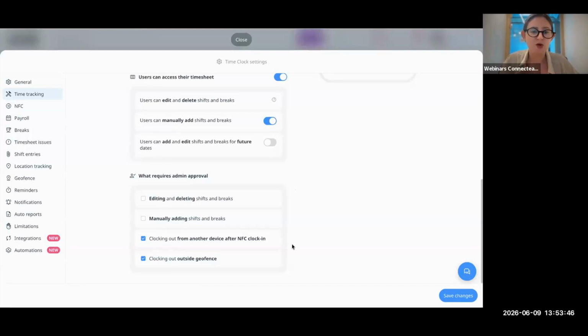We also have auto clock out for NFC, which is available from the expert plan and above as a geofence site. If you would like to hear more about the auto clock out from NFC clock-ins, it's available from the